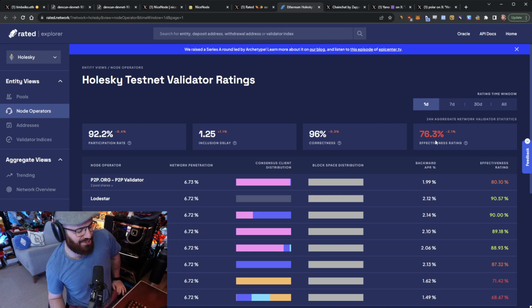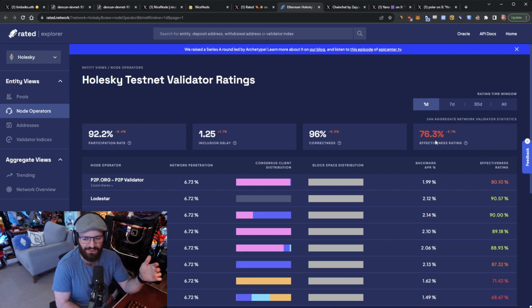nothing at stake here. This is actually a pretty good thing to talk about in the context of what I was just talking about with full nodes, where essentially because there's no money on the line, and there's no money being lost if your validator isn't online on this testnet, the only reason that you keep the validator online is because you're being a good steward of the testnet, basically, and you want to help the testnet out. But you're not getting rewarded for this. There's no monetary value to be had, and on the flip side, there's nothing being lost either